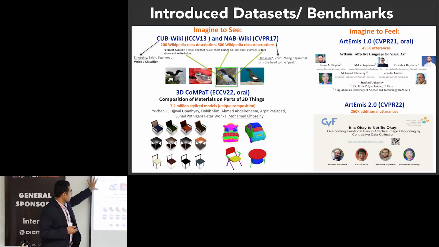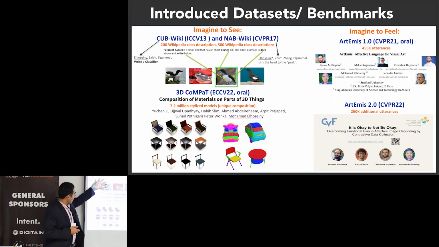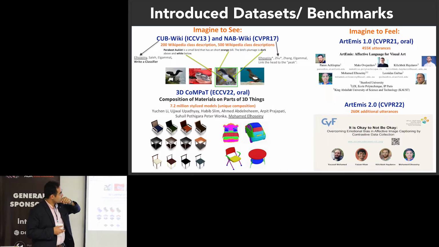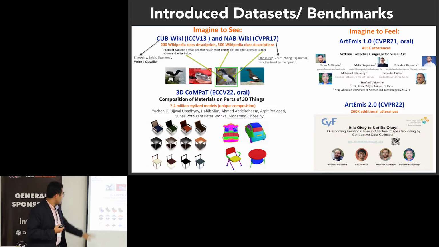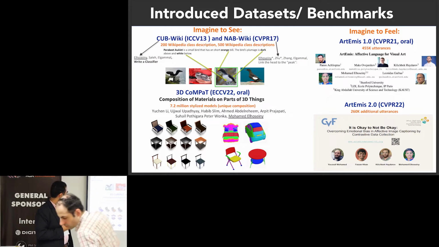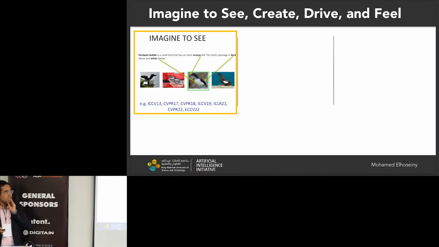So the first one is related to perception. If you describe a bird that we have never seen before by language, say that this is a barky auklet, it's a small bird that has an orange beak, and the plumage of this bird is dark above and white below. This description of a possibly unseen class may help you imagine how it looks like, and identify it if you haven't seen it before. And the right is our data set that relates to the feeling part. And on the left here, this is an ECCV oral paper that talks about also some of these skills, but in 3D space. Let's start by the first step, imagining to see,